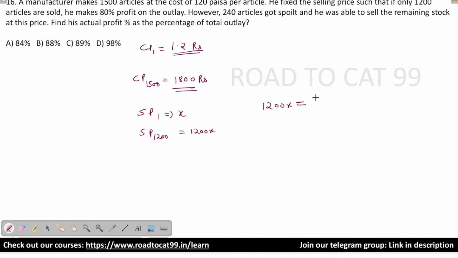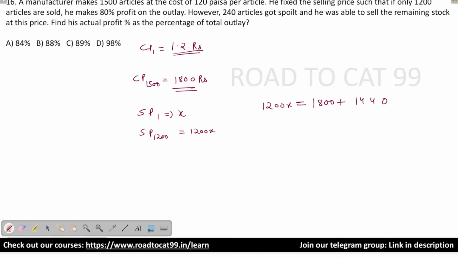Selling price is equal to cost price plus profit, है ना? तो cost price मेरा क्या आएगा? 1800 plus profit आपको कितना हुआ है ना? 80%. 80% of what? 80% of outlay. Outlay is 1800, है ना? 1800. इसका 80%, right? 80% of this figure will be